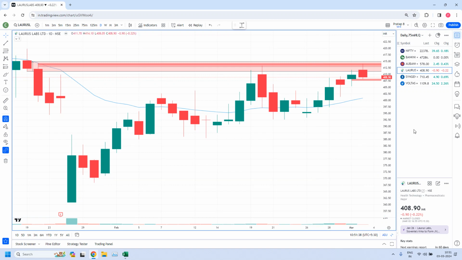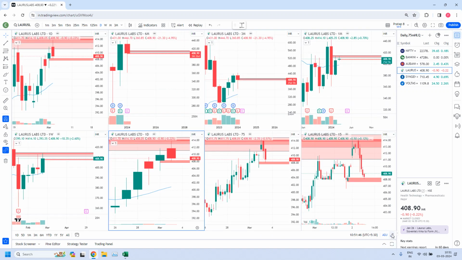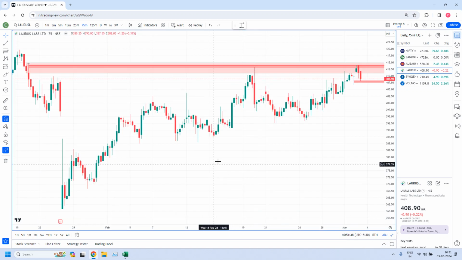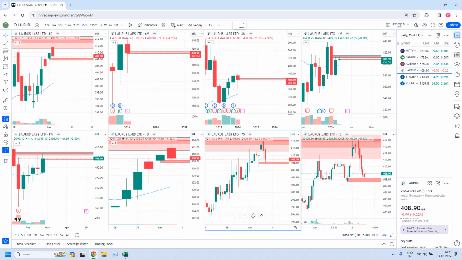First, let us discuss Lawrence Lab. This is a 75 minutes high liquidity zone. So let me go to 75 minutes time frame. Here we have a drop-based drop. You are seeing the 75 minute zone. And inside this 75 minutes, we have fine-tuned to